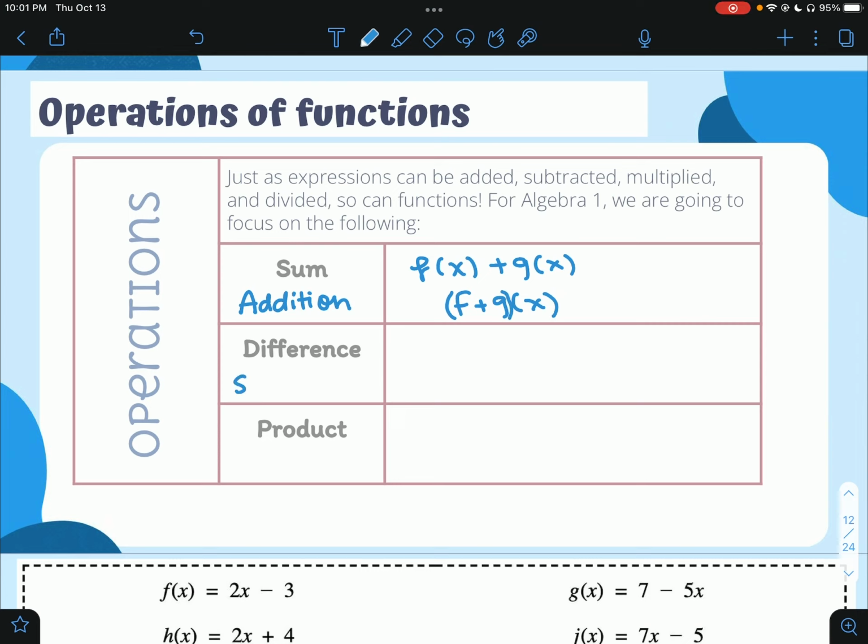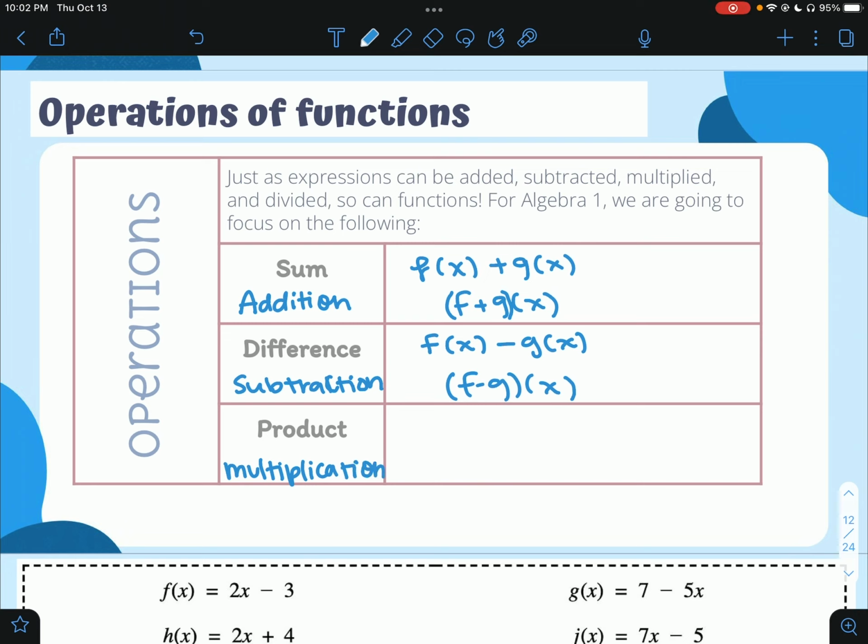For difference, we know this is the answer to a subtraction problem, and we are going to see those written f of x minus g of x, or f minus g of x. For product, we know this is the answer to a multiplication problem,